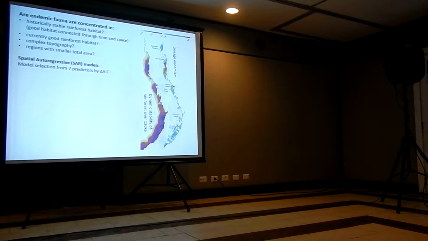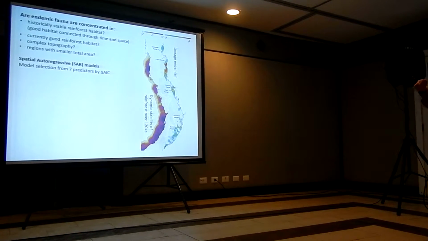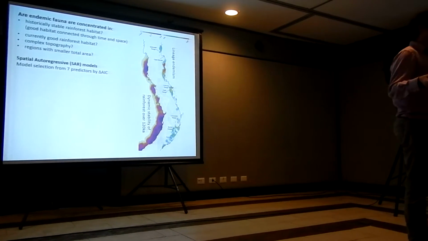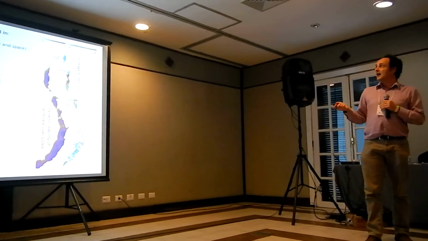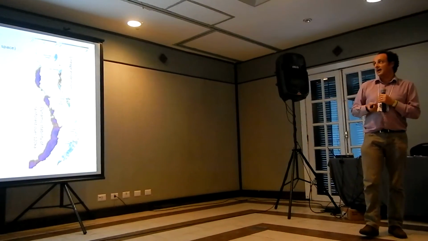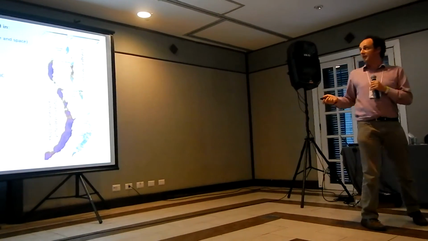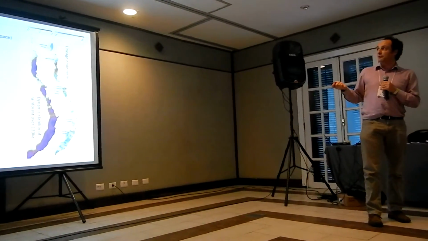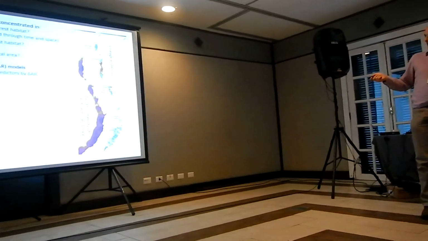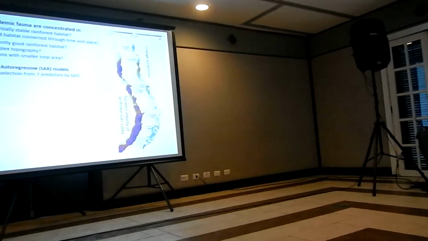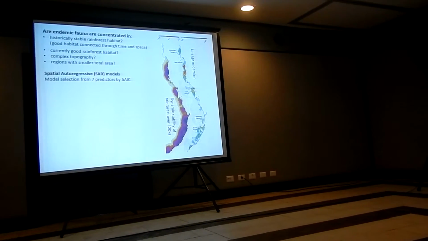So it's possible, for example, that we simply have more endemic frogs and lizard lineages in areas that are better rainforest habitat in the present. So that would be our default explanation. Other possibilities are that areas of complex topography will have greater endemism. We know that that's a relationship that's frequently found. And of course we need to consider, if only to control, for the fact that smaller rainforest regions, such as here for example, or here, would have smaller distribution ranges and hence more endemism.